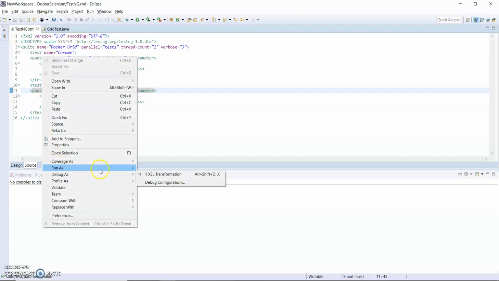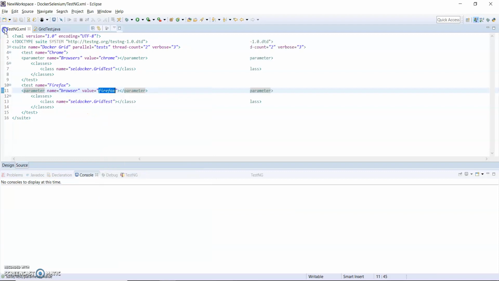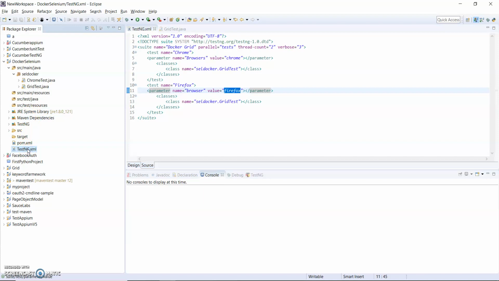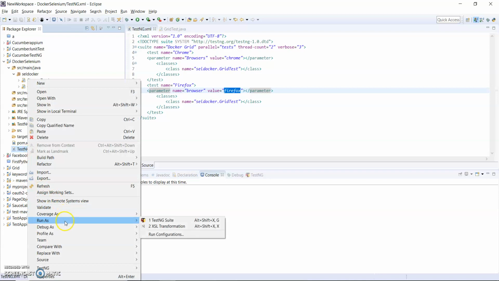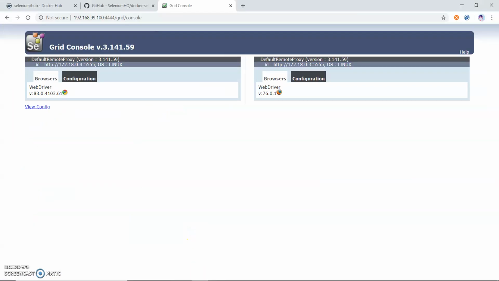Okay, so these are all the things I wanted to show you. Now I will run it and see whether it works or not. This is my testng.xml file, and I right click and run it. You can see my two nodes are already up.